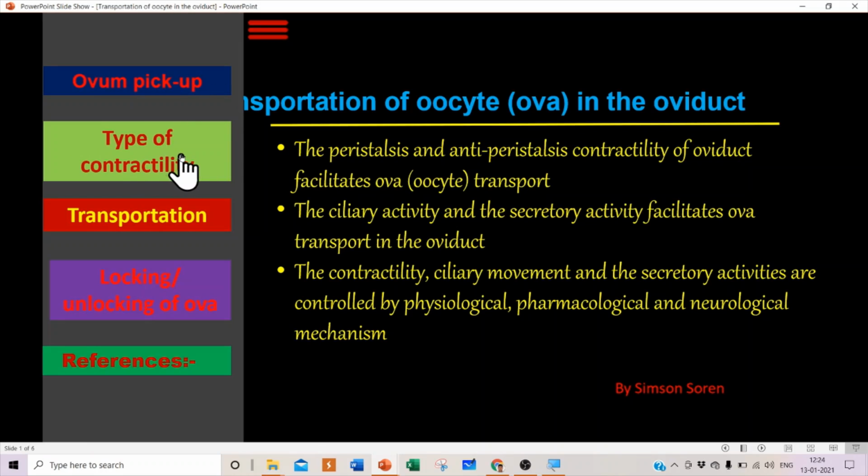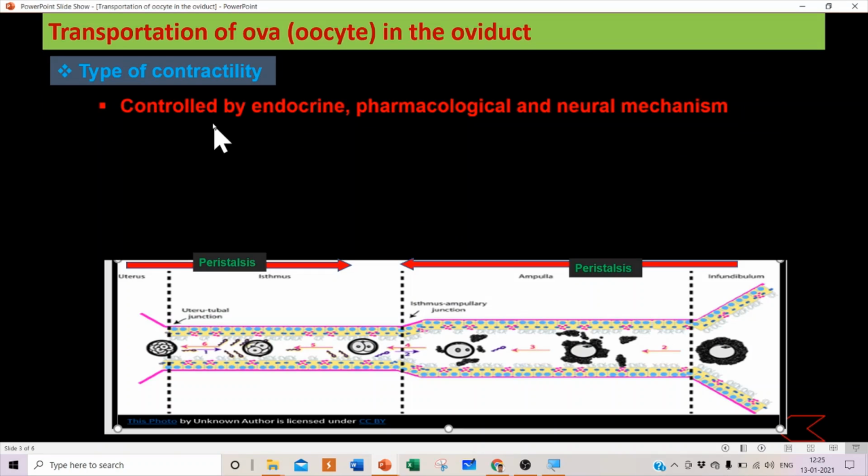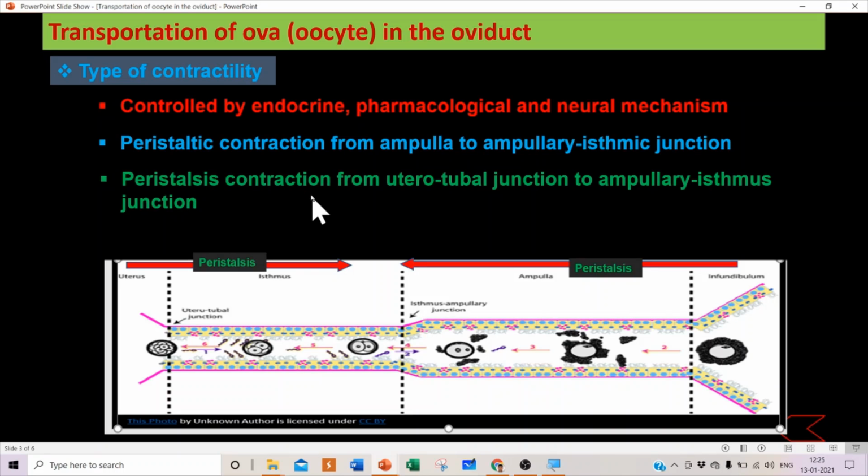So what are the types of contractility in the oviduct? The contractility of the oviduct is controlled by endocrine, pharmacological, and neural mechanisms. There is peristaltic contraction from the infundibulum toward the ampullary isthmus junction, and peristaltic contraction from the uterotubal junction toward the ampullary isthmus junction. Here we have the structure of the oviduct, and it has several segments. This part is called the infundibulum. Then we have the ampulla, then the isthmus. So the peristalsis movement is from